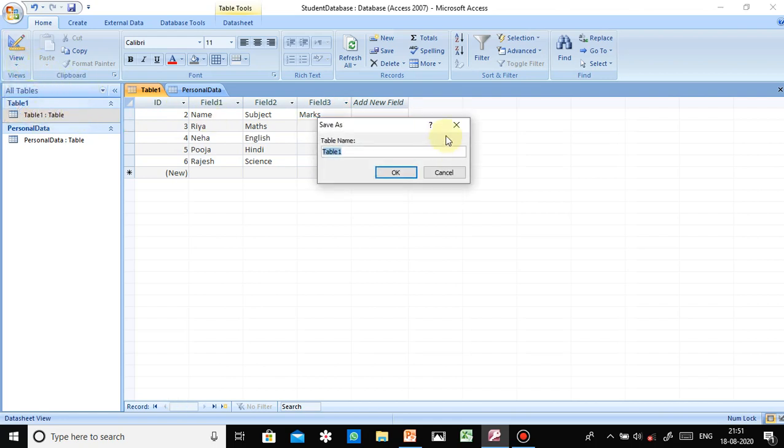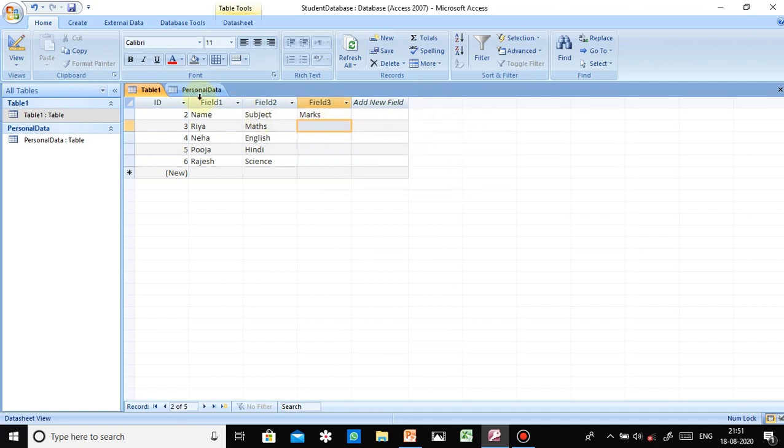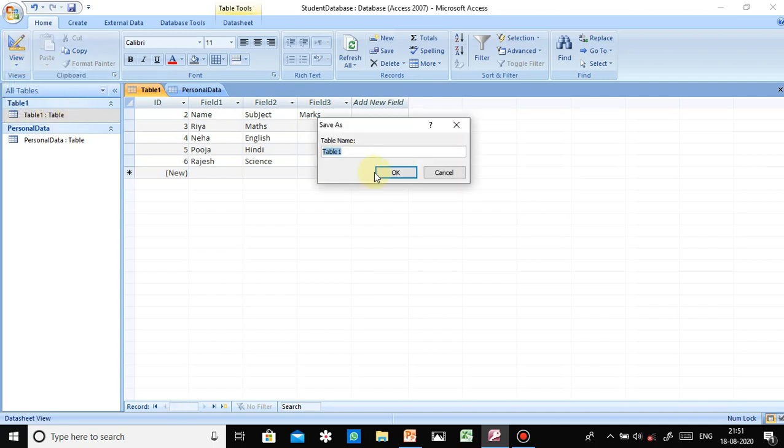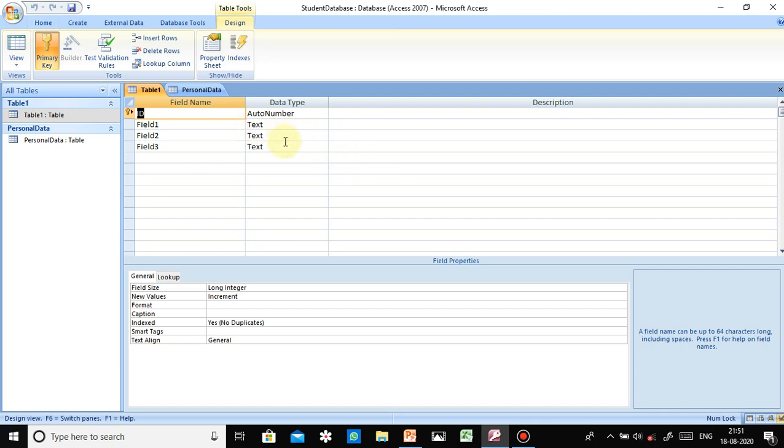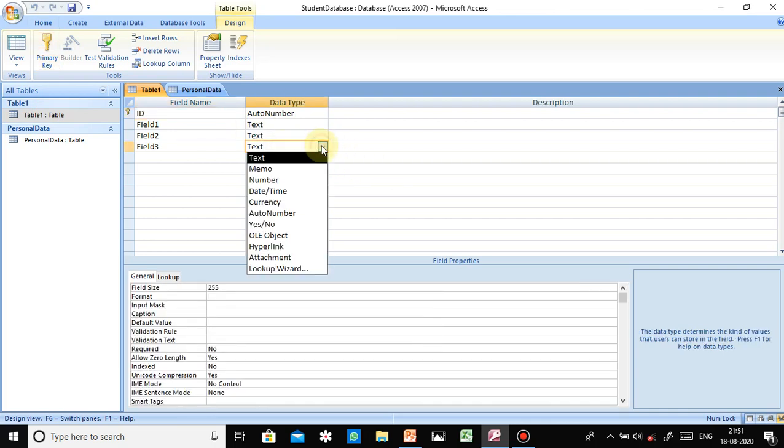So what we need, first of all, in this view, design view, table view, okay, is to change the data type. What is the data type? It means which type of data we want to fill in the particular column. This is text because both are names, subject name and the student name, but we want to add marks here, so we have to change the data type.